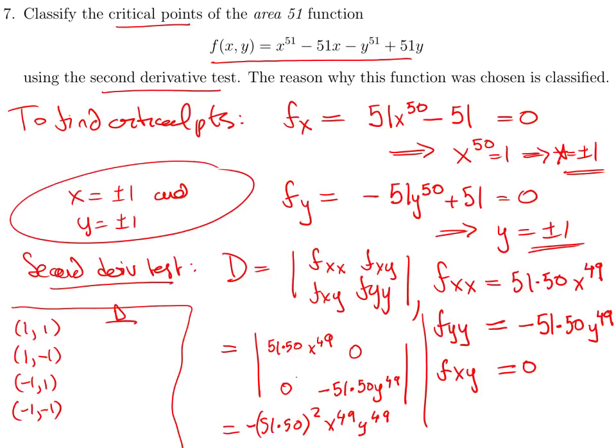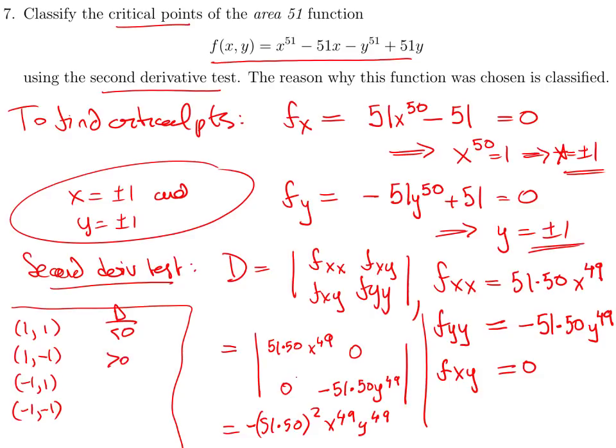If you plug in -1, it's negative. And so this quantity generally, at any point, is going to be negative if x and y have the same sign, and positive otherwise. So it's going to be -51 times 50 the whole squared, but in any case negative,